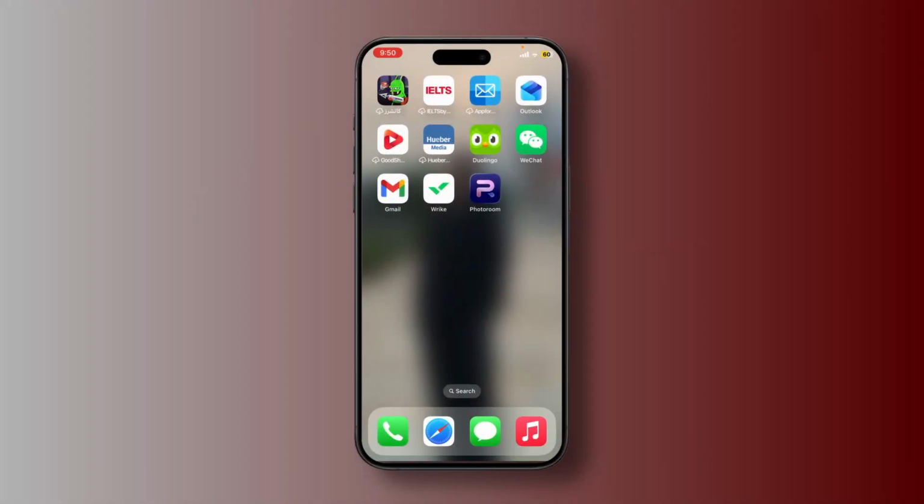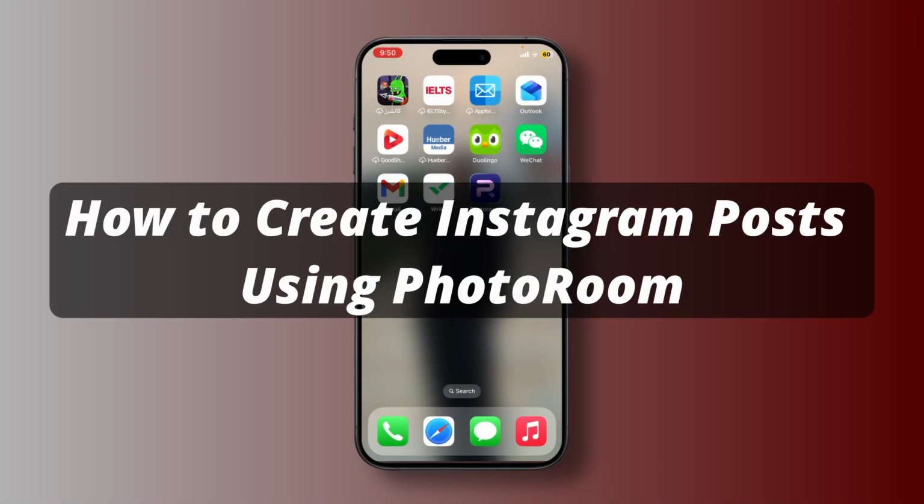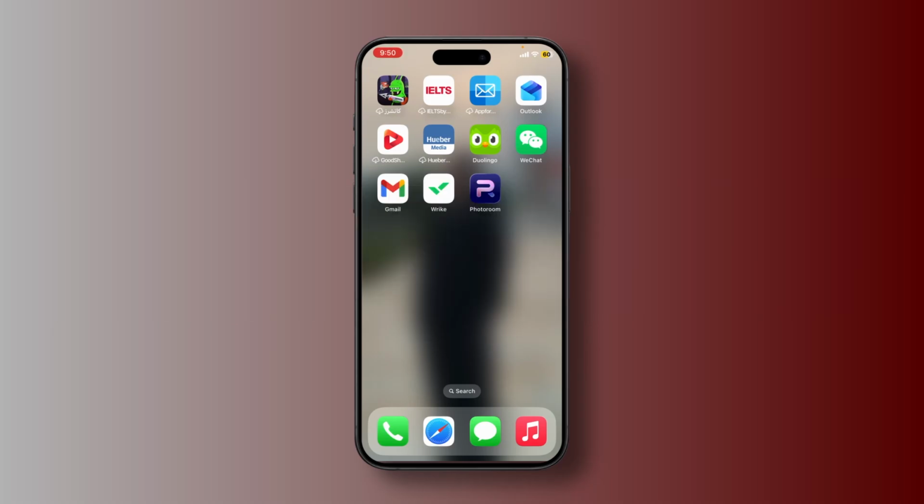In today's video, I'll show you how to create Instagram posts using PhotoRoom quickly and easily. So let's get started. First, open the PhotoRoom app on your phone and make sure that you are logged in